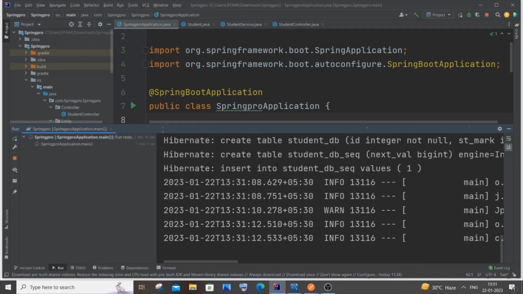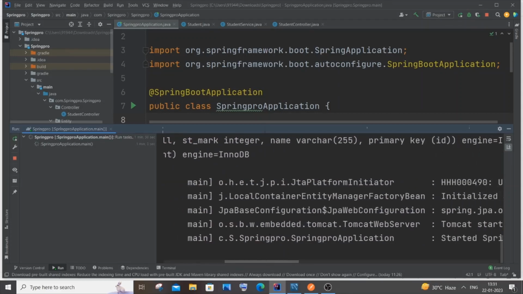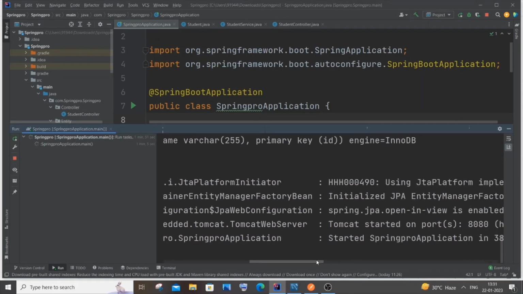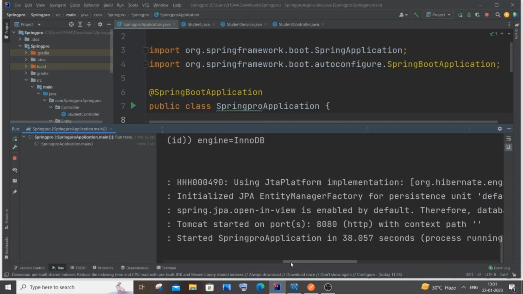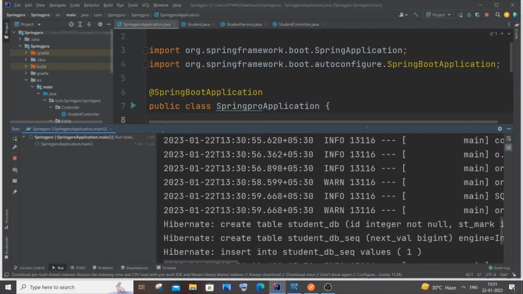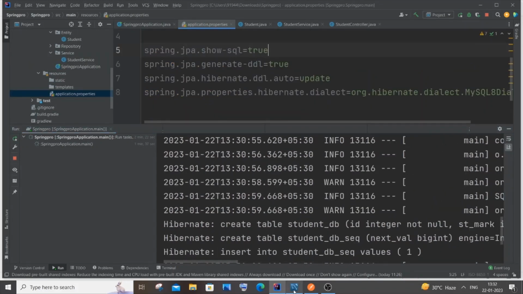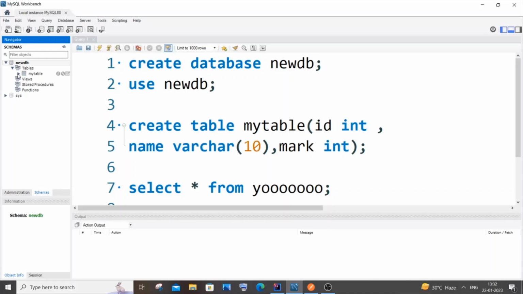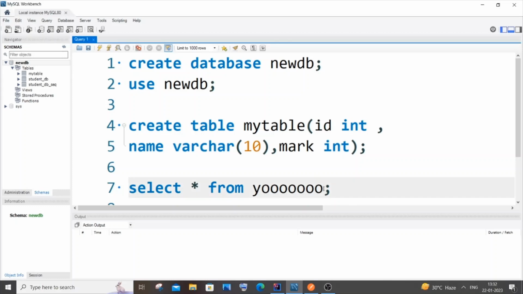So after some time, you will be getting some logs like this. And if you get this final thing as Spring application started, it means that there aren't any errors. And here you can see we will be getting some SQL commands as well. So here you can see create table student_DB. So if I just now go to my MySQL Workbench and refresh it, here you can see that I will be having the student_DB over here. So if I go to my select asterisk from student, and I will go with underscore DB,